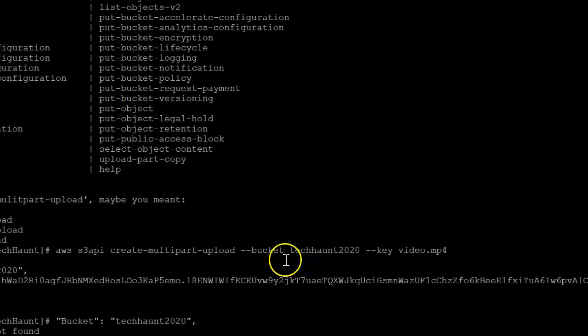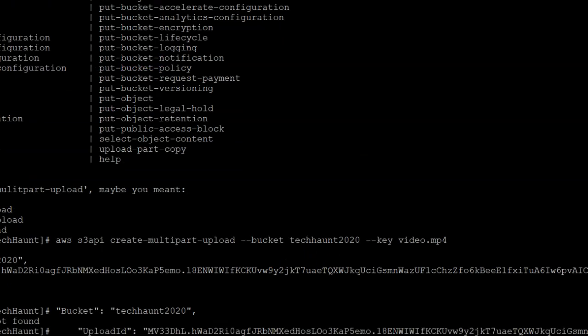I'm not going to select this one, I'll just cancel it because I just copied it. Next, just upload the file. The syntax would be AWS S3 API, and then upload-part. If you want to see it, you can see it here also. Let me copy it, and I am going to use it.